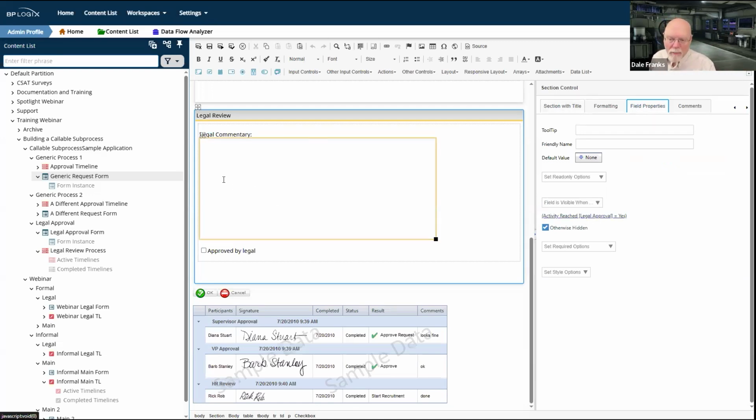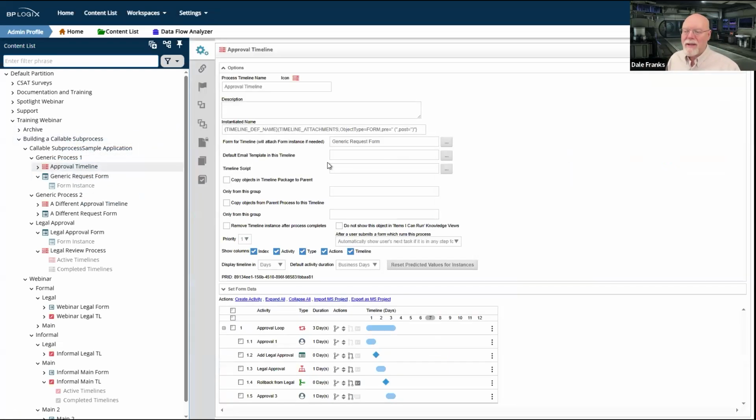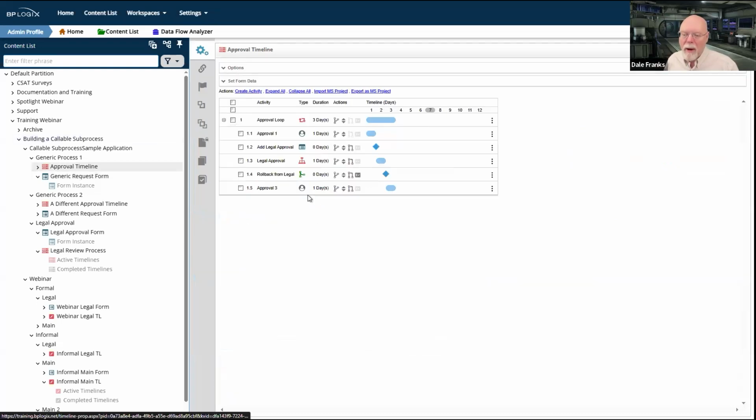And I have to ensure that my legal commentary and my approved by legal fields have the exact same names as they have on the legal form. So I've got to do that. Also, in my processes, I've got to add my legal approval form to the parent process so I can send it down. And because I'm sending it to forms on my legal approval process timeline, I've also got to do a set form as well to set my legal approval form as the main form for the process timeline,